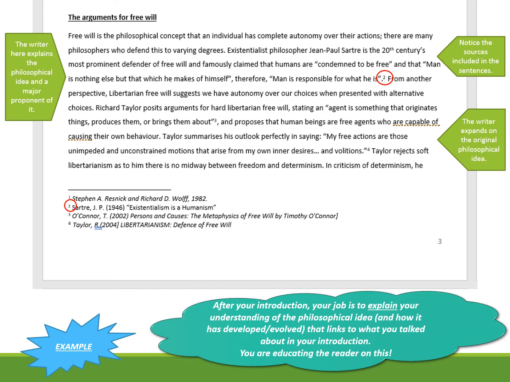In a university setting, if you misquote something, if you say Marx said "Man is responsible for what he is" in Das Kapital on page 4, and I open page 4 of Das Kapital and it's not in there, you can get in some quite serious trouble as an academic. It becomes plagiarism, which is basically cheating. So don't cheat. Actually, be true and get your resources genuinely by reading, by researching, by looking at articles,